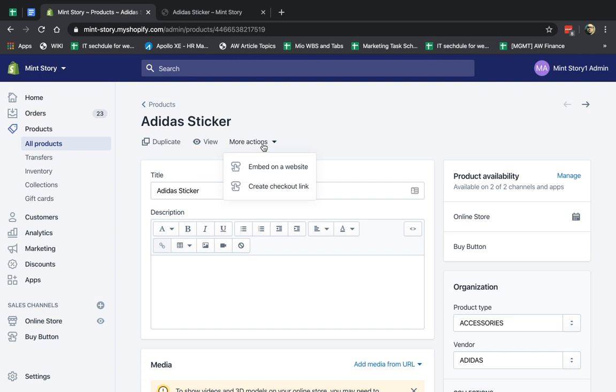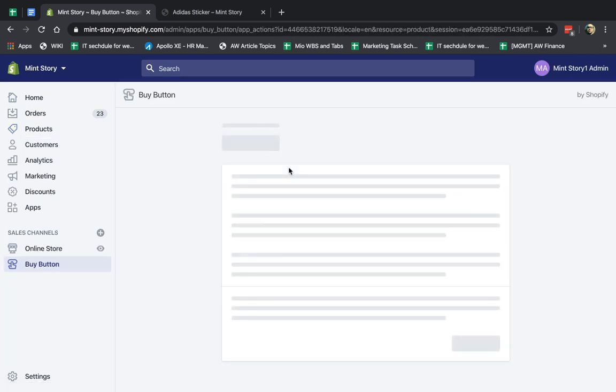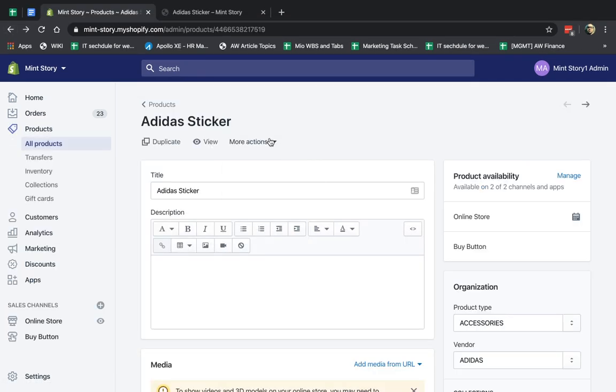What else can I do? If you have any apps, marketing apps, SEO apps, additional tools, upsell, all these kinds of things, anytime you have apps that have additional functionality based on products, you'll be able to see a drop down here with all kinds of things. For example, in one of the other videos we made, we added the Buy Button channel. Because we added it, now I can embed it. I can make a buy button only with this product. If I click here, it'll shortcut me to that app and help me do whatever I'm trying to do. Obviously, different apps have different functionalities, so I can't cover every single one.